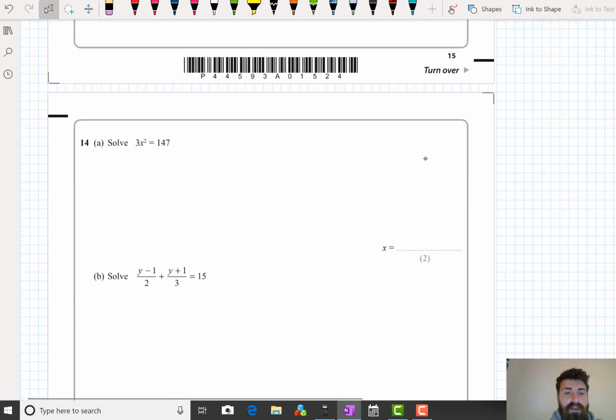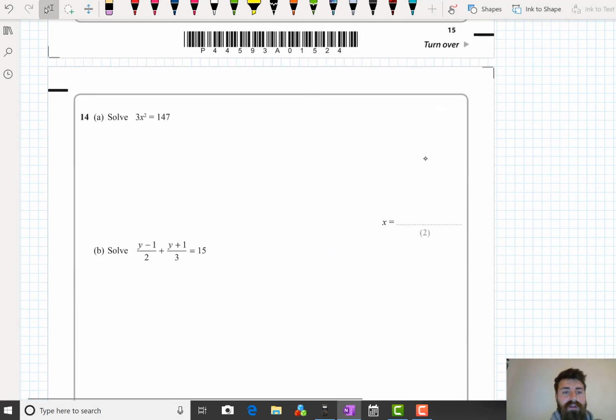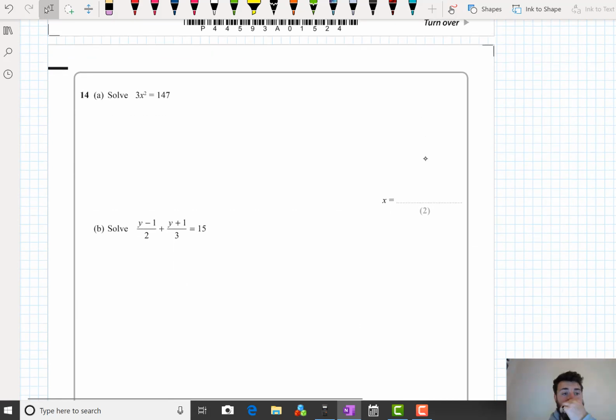14. Okay, so now we've got some for 14A and 14B. We've got some solving equations there. Solve the following equation. Now, I'm going to put this line there for working out for those who haven't seen this. Currently, what's happening to x squared? We're squaring it and we're timesing it by 3. If we divide both sides by 3, x squared equals